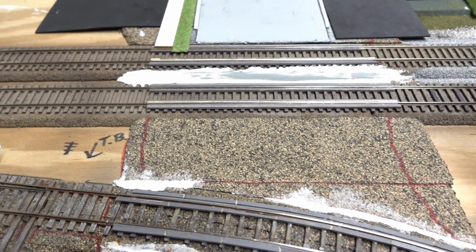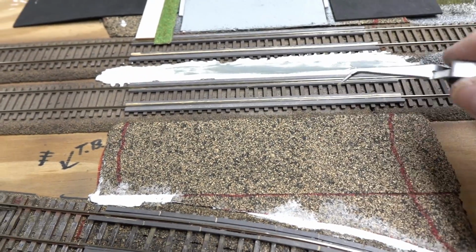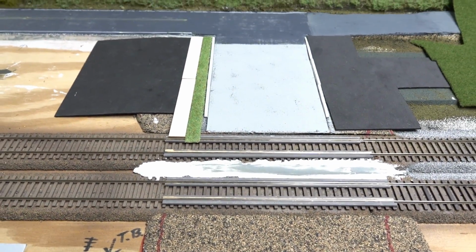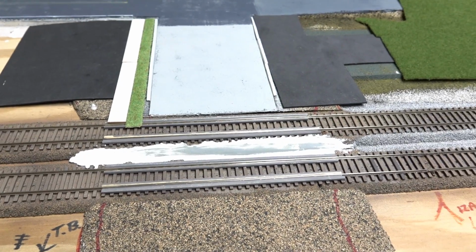All right, so now I got the outside parts done. I got the outside little piece in here, and then the other piece, that's all glued up and done. So now what I'm working on is how I'm going to tie all this together, and again, to get the signals to the right level. All right, so based on the prototype,